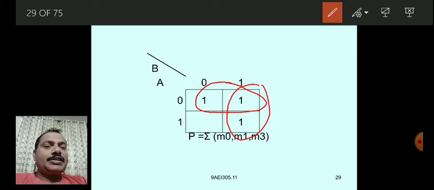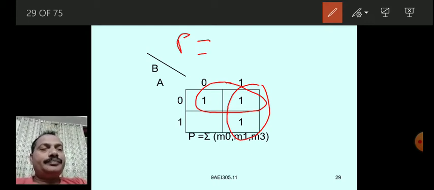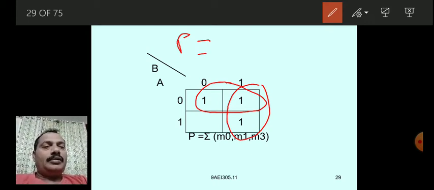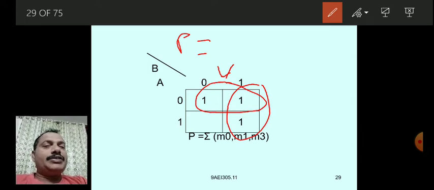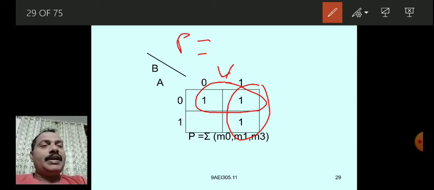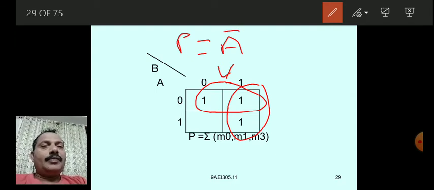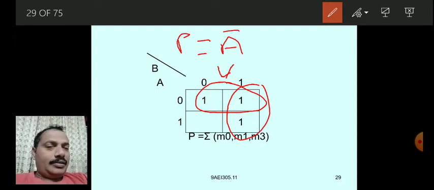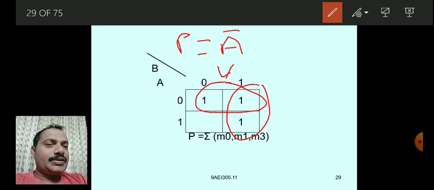So what is the minimized expression? P equals, let us take this first group: the variable B is changing, hence B is eliminated and only A is taken, that is A bar. That is the product term after simplification, only A bar is remaining.